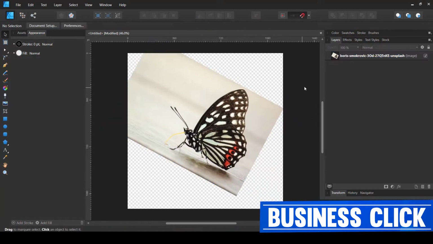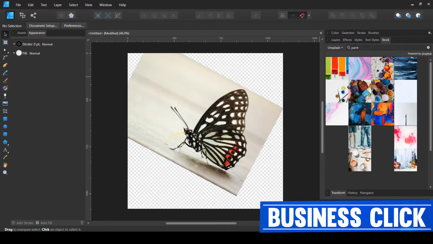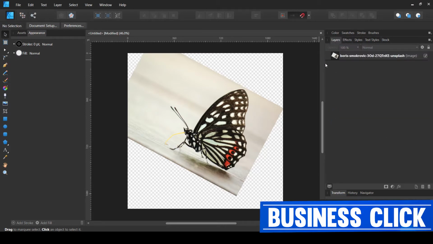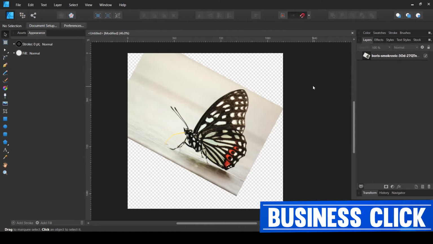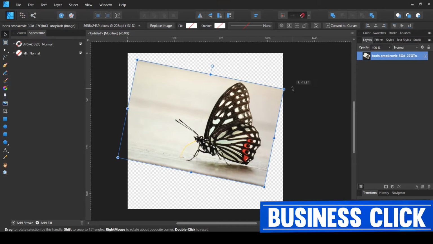Or you can simply use their built-in feature of search results inside Affinity Designer if you are using it. But I prefer to download these images from the web browser and then use them inside the software, because in this case I already have the image on my disk, and that's really helpful if we want to refer to it sometime later.